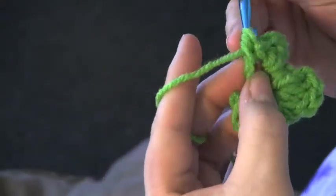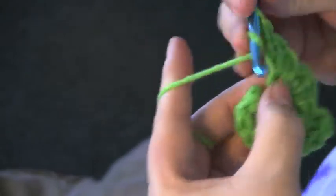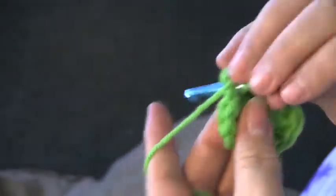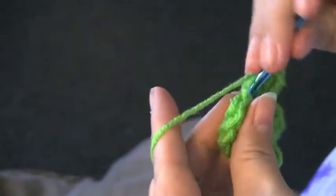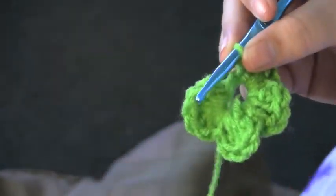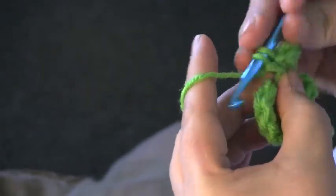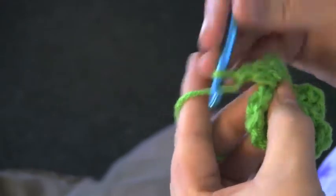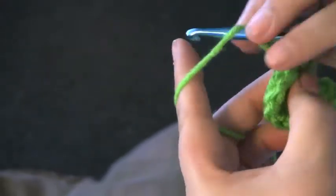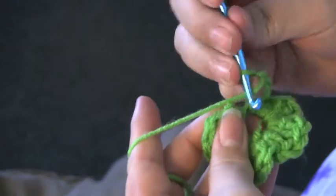Start my double crochets again. 1, 2, 3, 4, 5. And another slip stitch. Okay, now I barely have any there, but you really don't need much. Okay, so I have just enough to finish my last one because I want 5 petals. So 1 double crochet, 2 double crochet, 3 double crochet, 4 double crochet, 5 double crochet. Now I'm going to slip stitch,